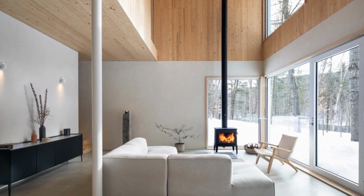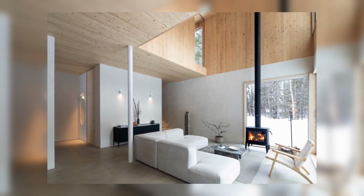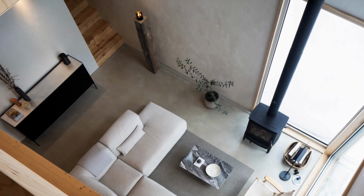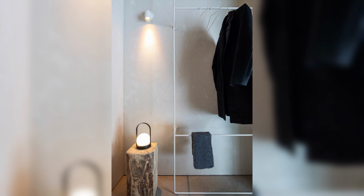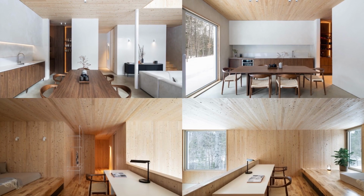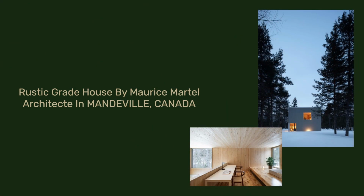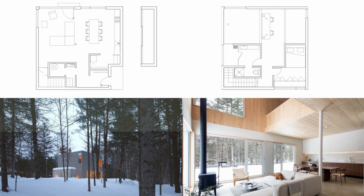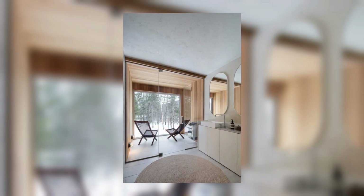Its design by Maurice Martel Architecte is the result of deep reflection on harmoniously blending with the natural surroundings, and it invites you on a journey of contemplation and spiritual renewal. The architecture of the chalet is reduced to the very essence of simplicity to form an almost perfect cube. The meticulous choice of durable and maintenance-free materials, along with the straight lines of the cube, beautifully contrast the surrounding